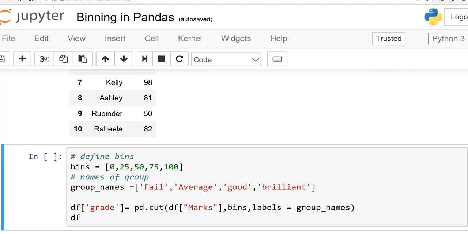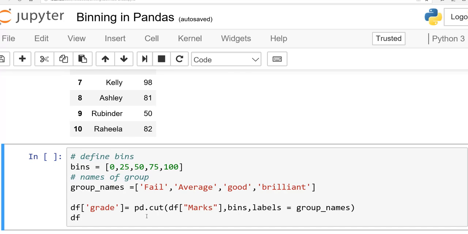If some student has 0, 1, 2, 3 and so on up to 25, they will be considered fail. Then 25 to 50, 50 to 75 and 75 to 100. This is my bins. Here I have written the names of the groups. So my first group, 0 to 25, will be considered fail, 25 to 50 is average, this one is good and 100 is brilliant. So these are my group names.